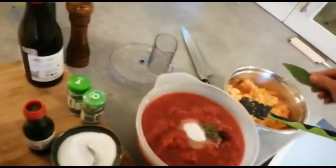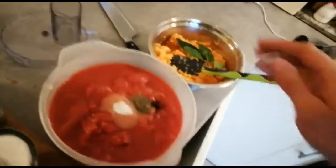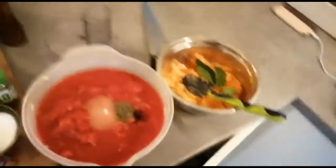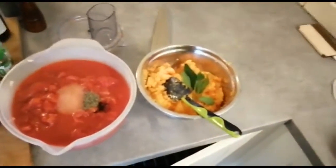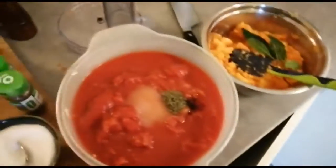And then the bay leaves can go in with the veg, which we'll be frying after the beef. So you can get all this ready as your beef's frying. Just save your time later on. And then